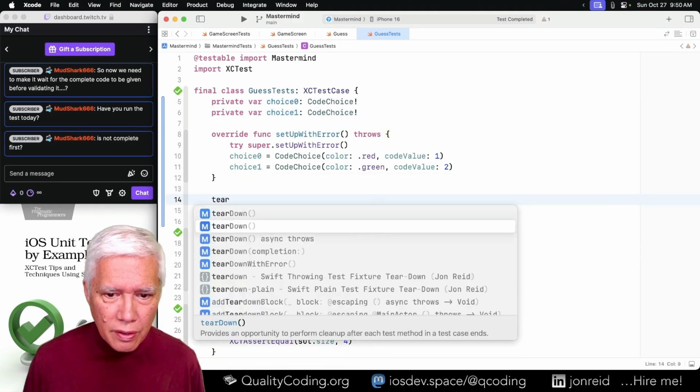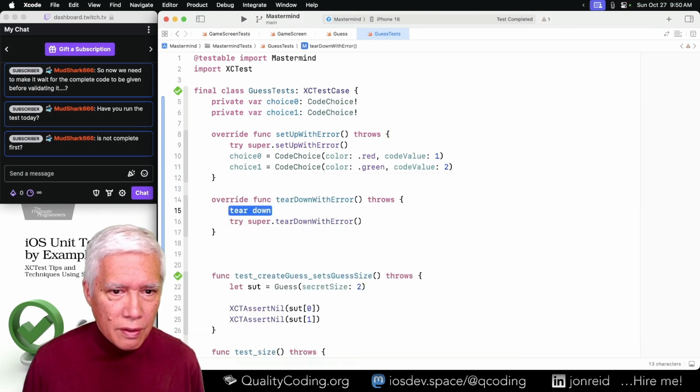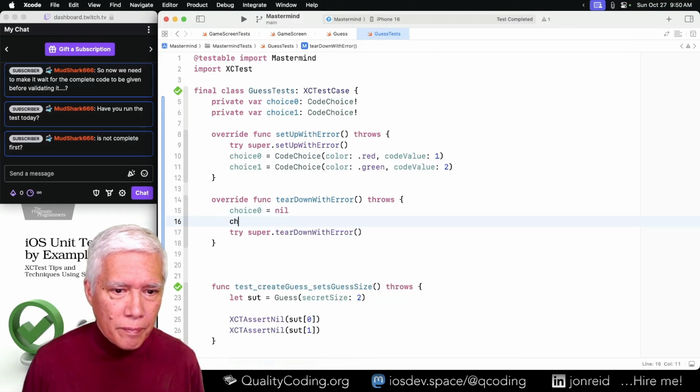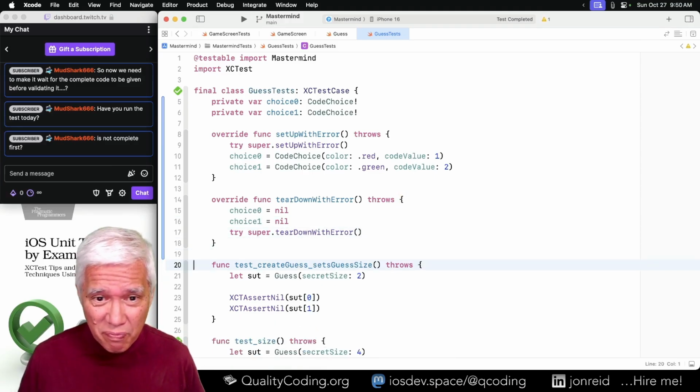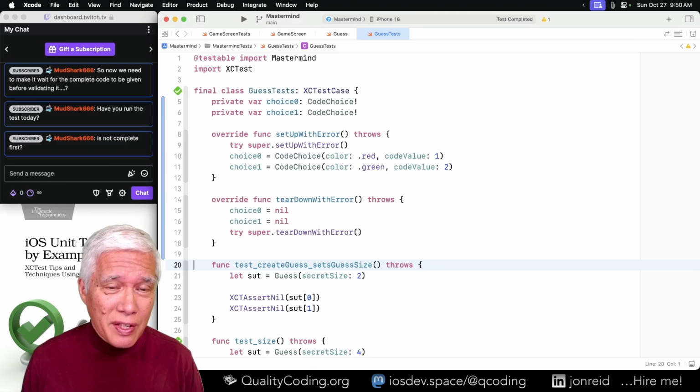And tear down. We could do this with Swift testing, but I don't feel a strong desire to have mixed Swift testing and XCTest living side by side at this point.